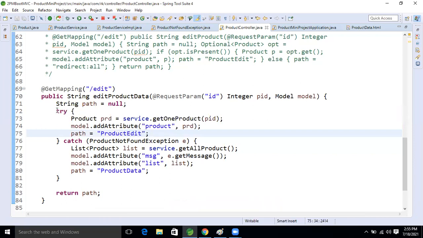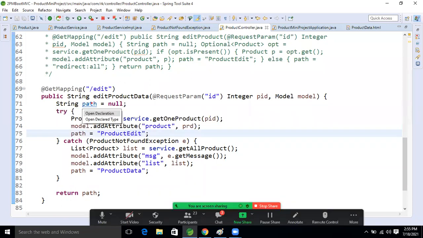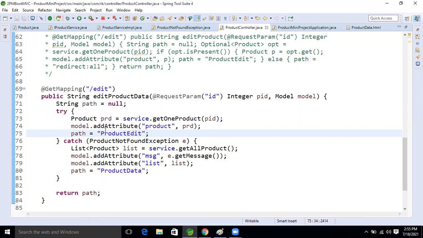If the try block is executing successfully, this data will be stored, right? This logical name will be stored, right? Please talk to me. Sir, if the try block executes, path equal to the product ID is going to be displayed.